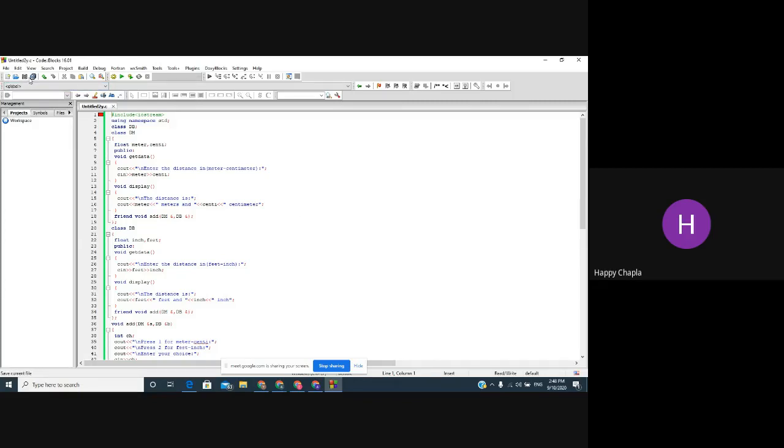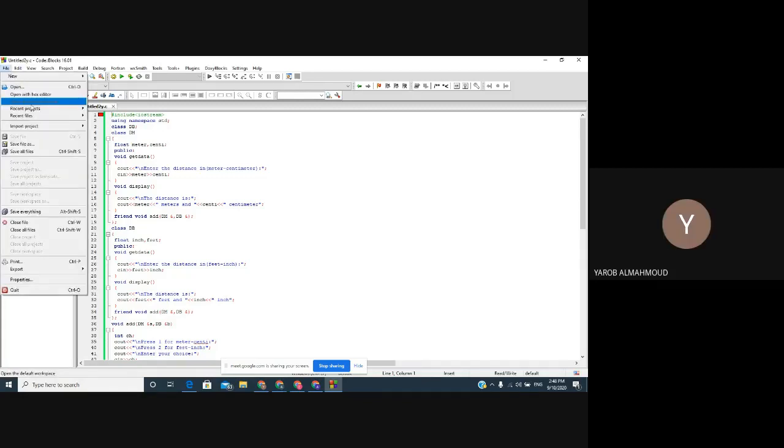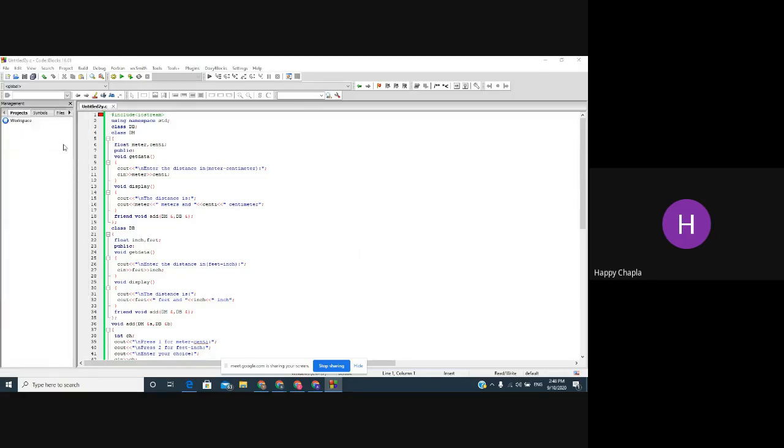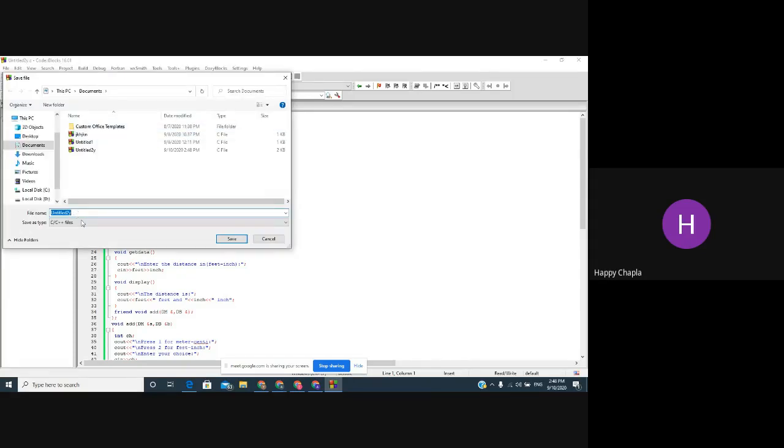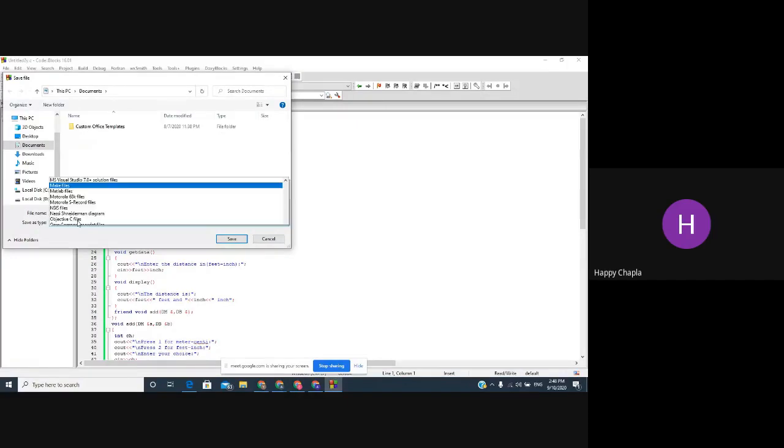Okay, go to your file menu: file, edit, view, search. Yes. Save as, save file as. Yes. Click on that. Dot. No. In that file name.